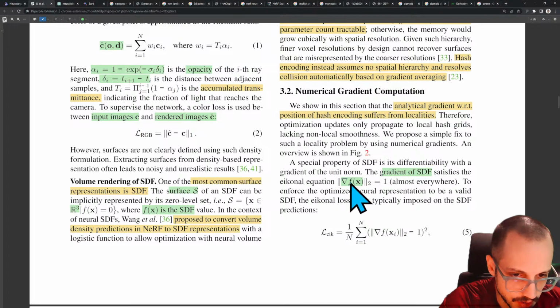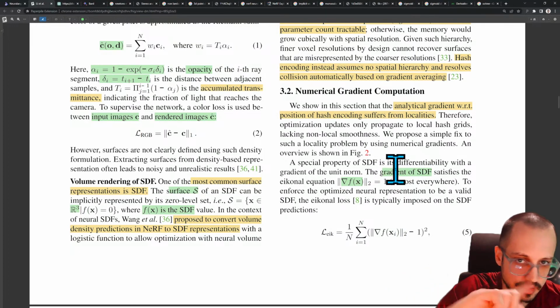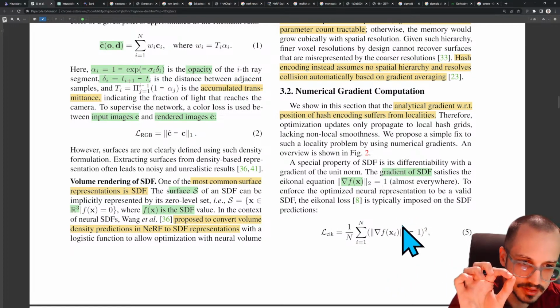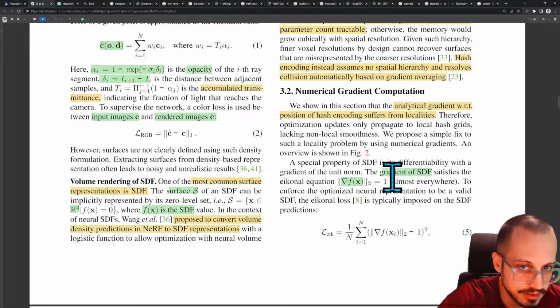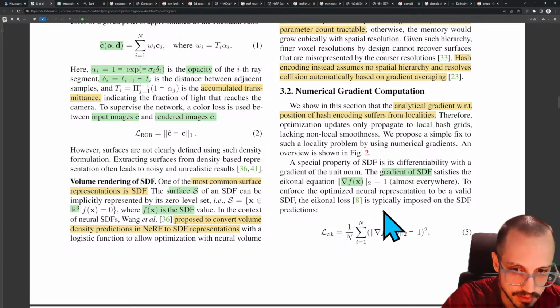The upside down triangle of f of x, and the magnitude of that is 1 almost everywhere. So what does that mean? It means that if you took a point on that signed distance function and you looked at the slope at that point, the magnitude of that equals 1. To enforce the optimal neural representation to be a valid SDF, the eikonal loss is typically imposed on the SDF